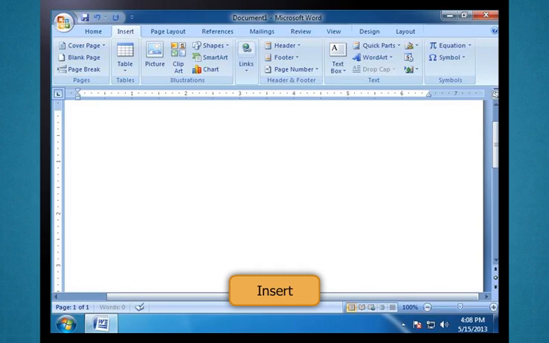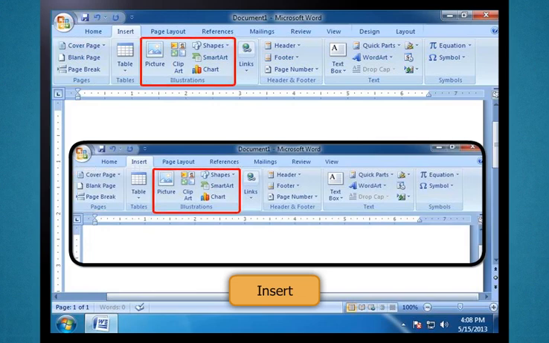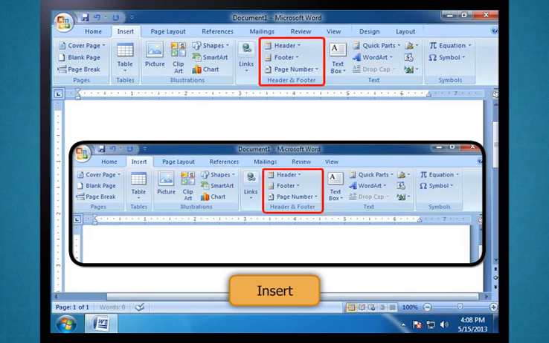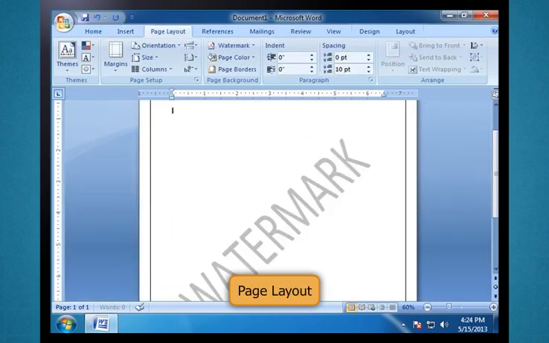The Insert tab. As the name suggests, it helps you insert pages, tables, illustrations, links, header and footer, text, and symbol into the document. The Page Layout tab provides options to apply themes to your document, set up a page, set page background, apply paragraph indentation and spacing, and arrange various objects in